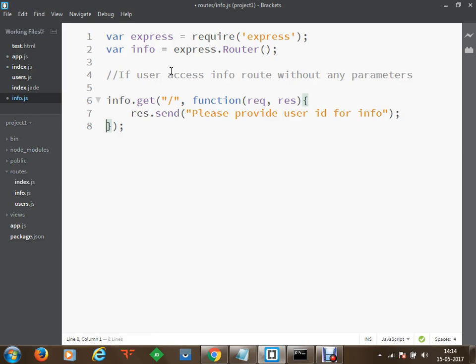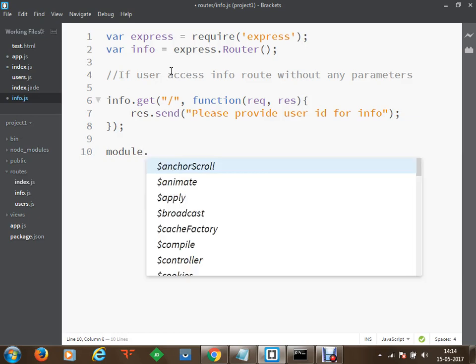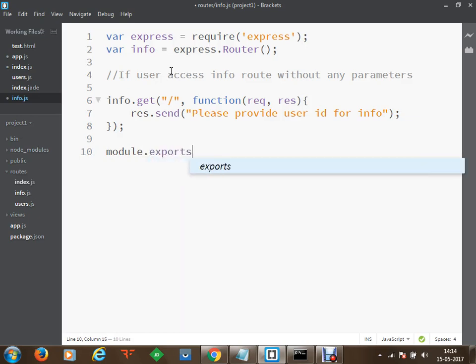information. And finally, what I would like to do is, I would like to use module keyword, and using this module, we can make use of a property known as exports, and using this exports, we are going to export info. So what does this mean? Using this exports, we can export this particular root with the help of app.js to the client. So all the functionalities, now this will become a public module, and now this module will be accessible. In case if we don't specify exports functionality here, then this file won't be accessible by app.js.